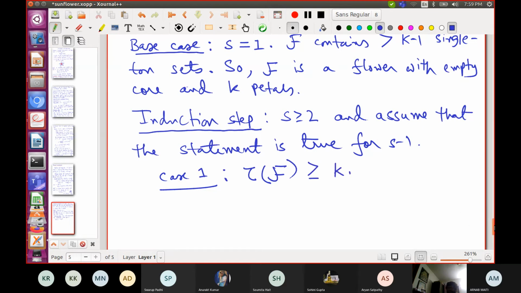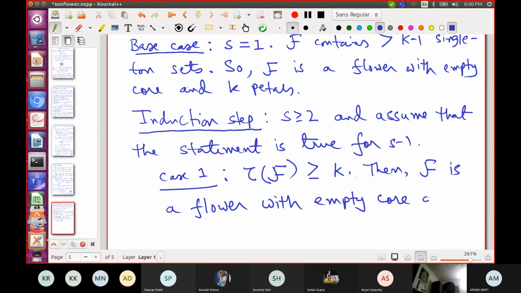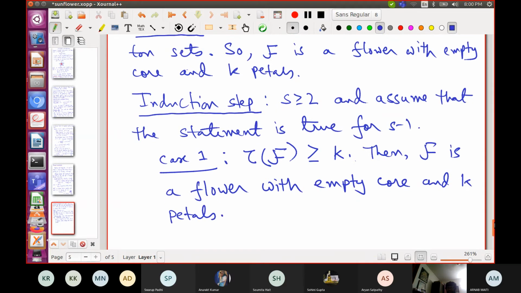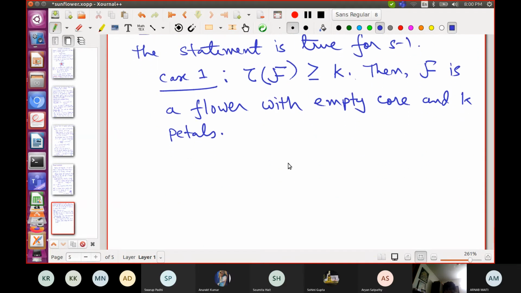Then you are done, because by definition F is a flower with empty core and k petals, just because F sub empty is the same as F.